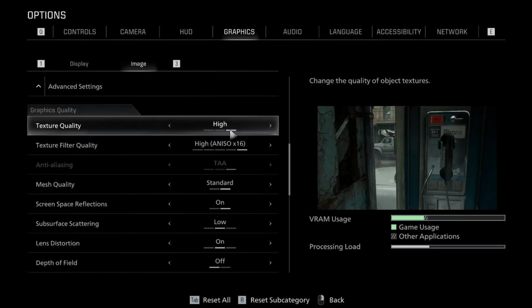Now look for texture quality and lighting quality. Set both of these to normal or low. High textures use more VRAM, and if your GPU runs out of memory, the game will start to stutter or